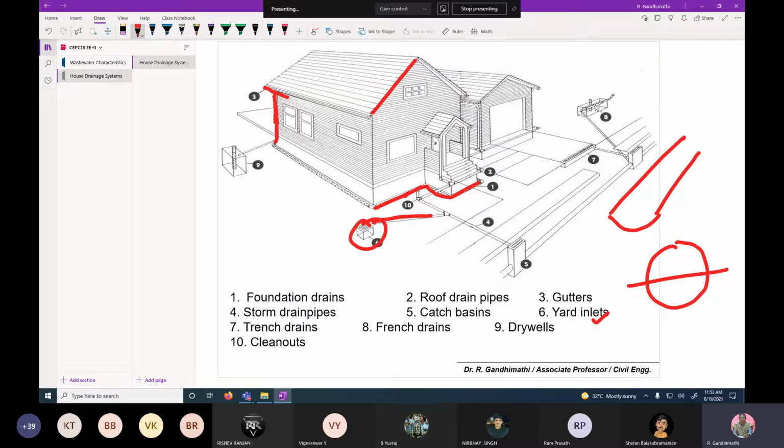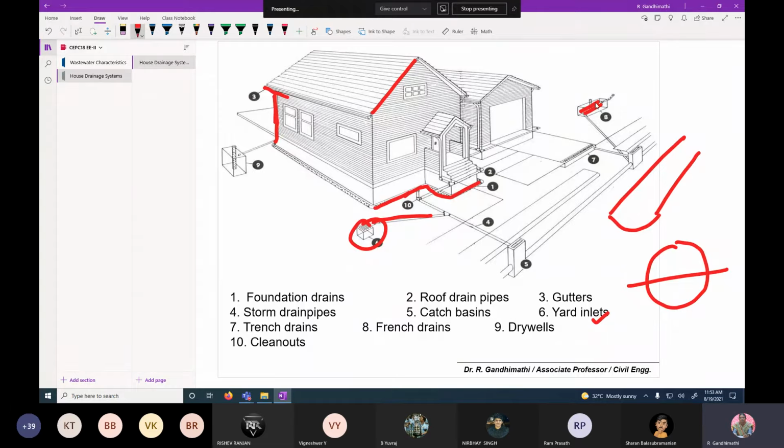This is also similar to that of the trench drains. Here also you have arrangements with the pit or the trench filled with soil material, also with the perforated pipe material, like some small drains, with the perforations at the top to permit the water into that. That is called French drains.